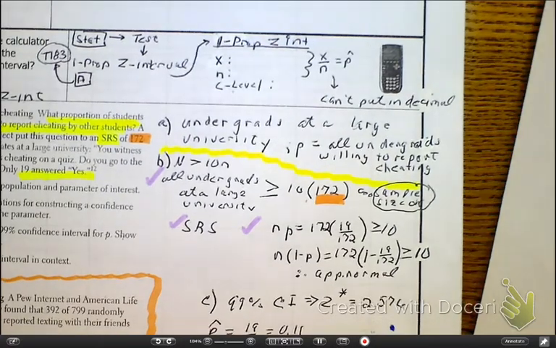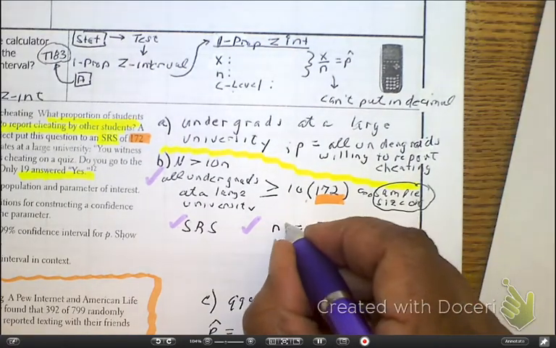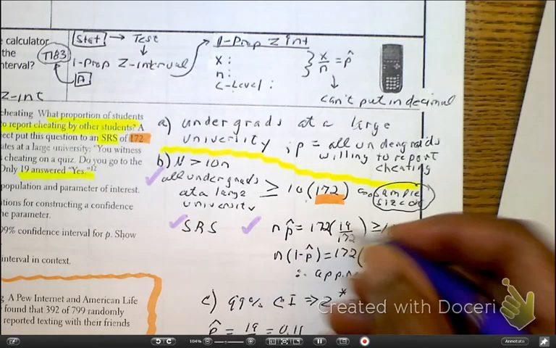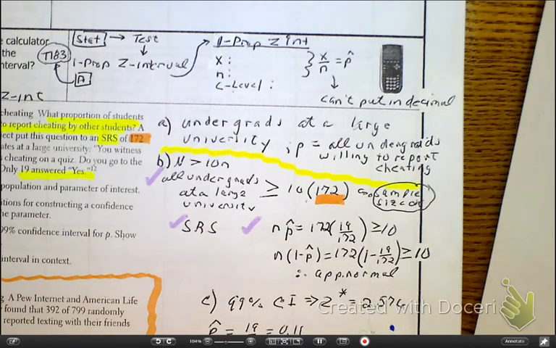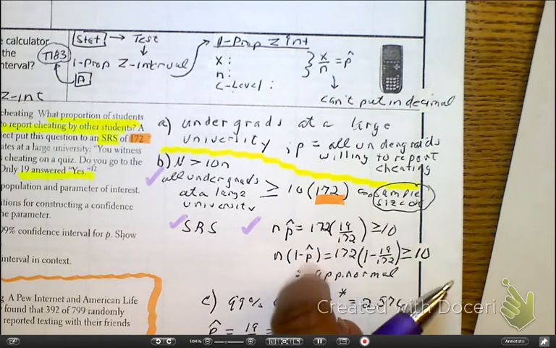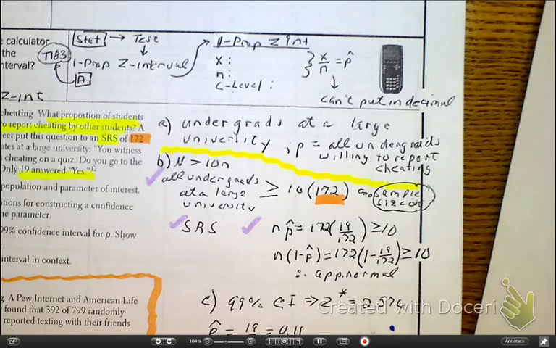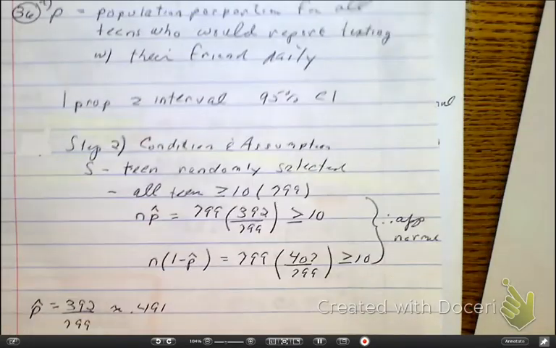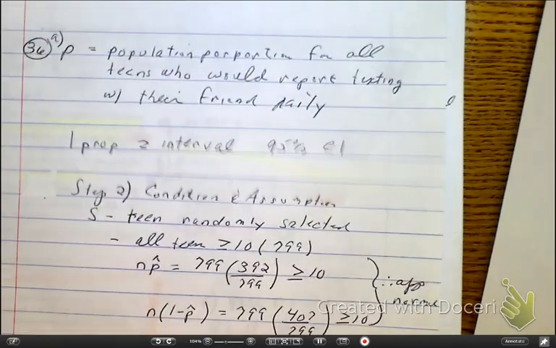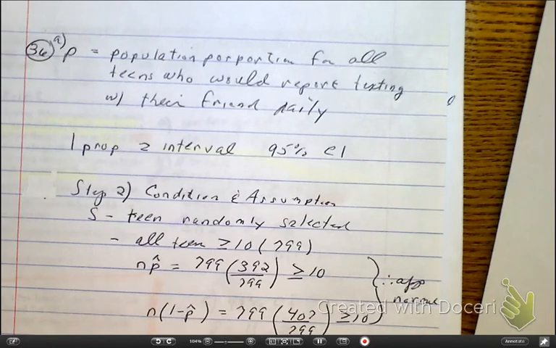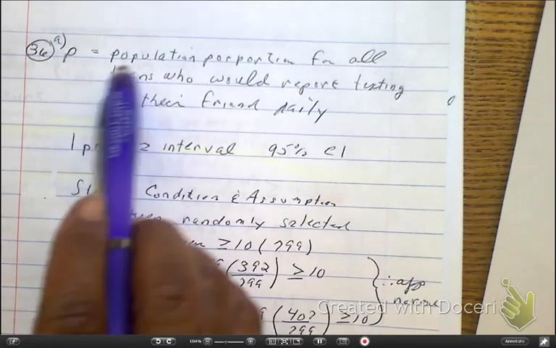Now before we look at problem number 36, I need to go back. I noticed that I didn't put my hats. Now remember, everything I have is about the sample. This sample will make conjecture about the population, so got to put on my hat. Okay, now you've taken a moment to read number 36, and as I talk about 36 briefly, as I look at my parts, right here,